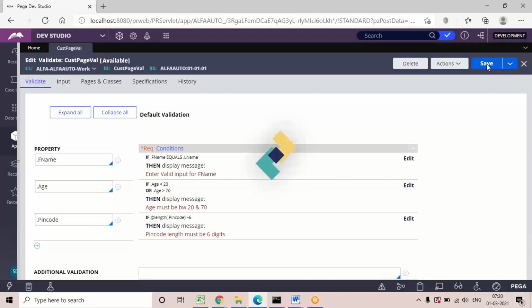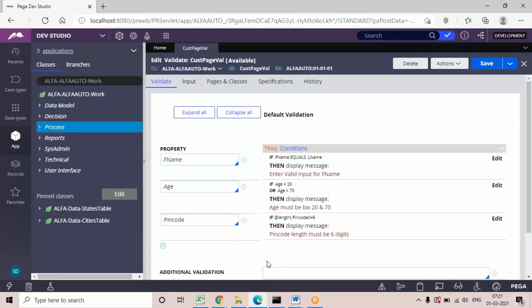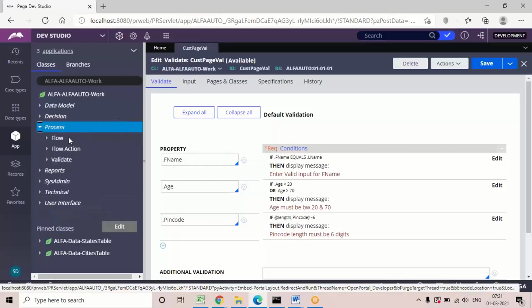Like that, for any other properties, if a condition is required within one design, you can add it in the same rule. And this condition is compulsory to call; only if you call this condition is it going to validate these properties. Even though the condition is defined here, if you don't call it, it will not validate any of these properties. Where do we need to call it? The best way: these properties belong to the customer section, so we have to call it in the flaction.